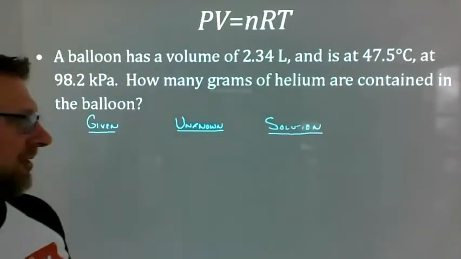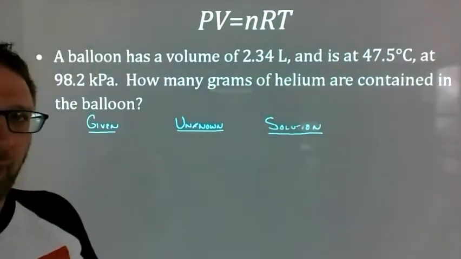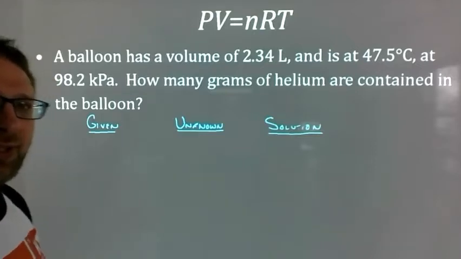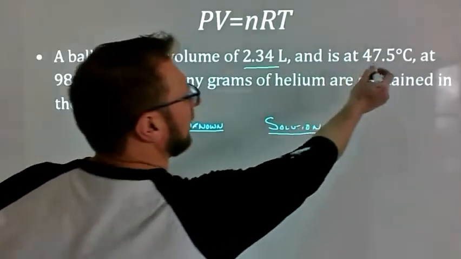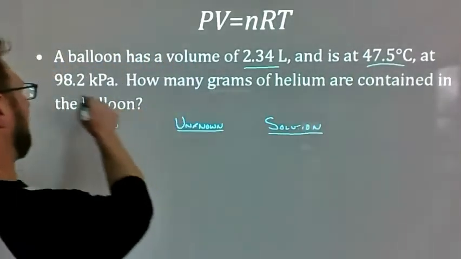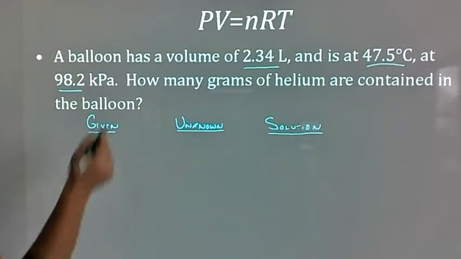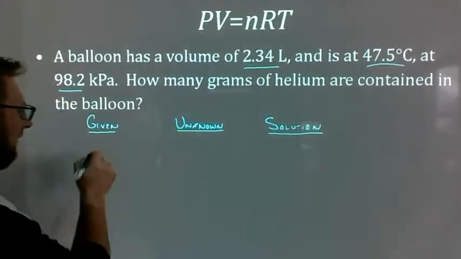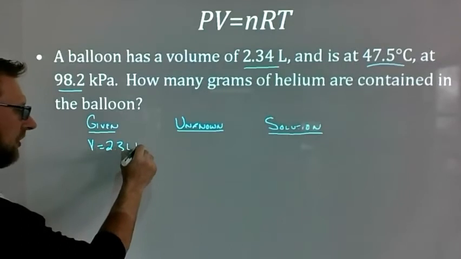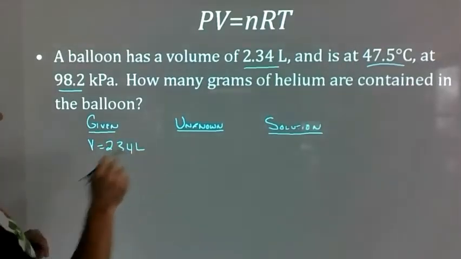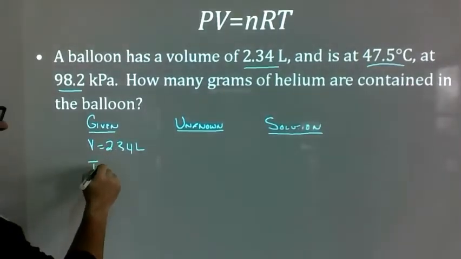So we've been doing some problem solving where we write down what we're given, the unknown, and our solution. So let's go through that process here. Looking in the problem, I see some information right off the bat that is probably going to be useful. That 2.34, that's a volume. So V equals 2.34 liters. We've got a temperature of 47.5